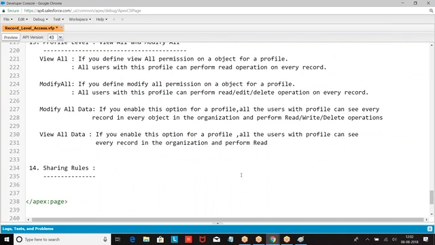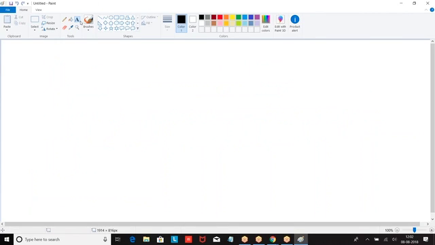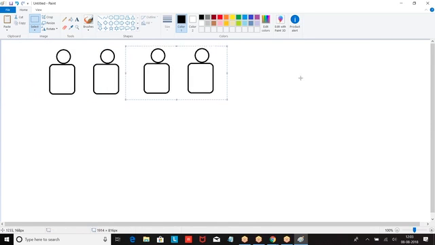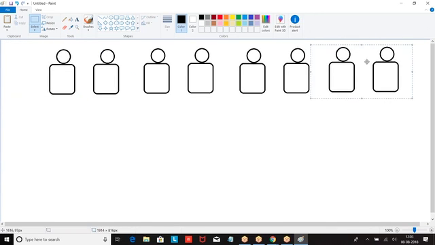Now, I have an example like this. Look at this example, everyone. Understand the concept. Why do we go for sharing rules? These are the group of users whom I have.